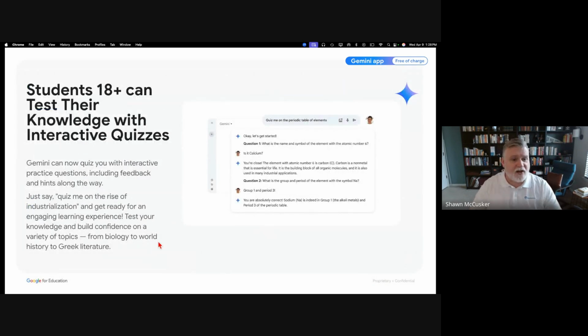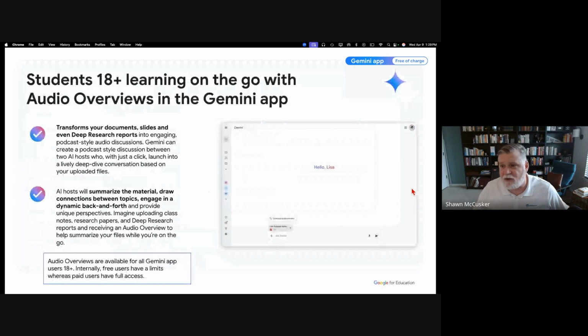All right. The other thing I want you to try is this. Google Gemini is very proud and has been sharing widely that they are able to have you use interactive quizzes. So what I'd like you to do is go in and say, quiz me on, and then a topic, and it should start to give you a question and quiz you, right? Think about the number of times that you can go in and have a student ask questions, test their knowledge, maybe take a review sheet and be asked about the questions that are on that review sheet. So what I want you to do is take a few minutes and try that.